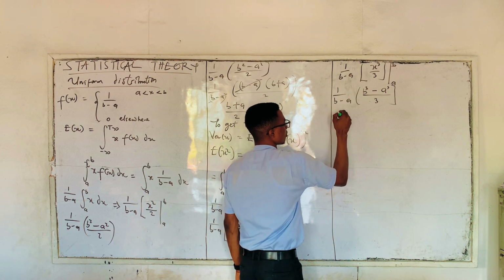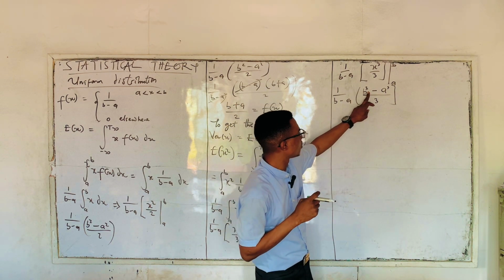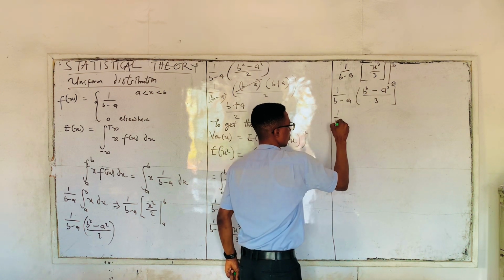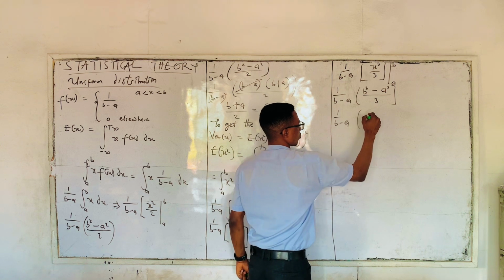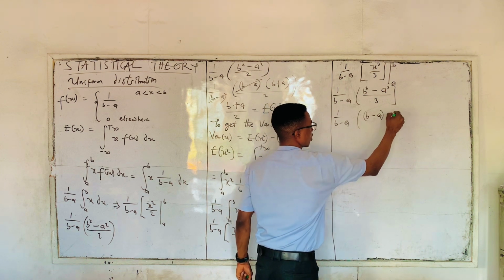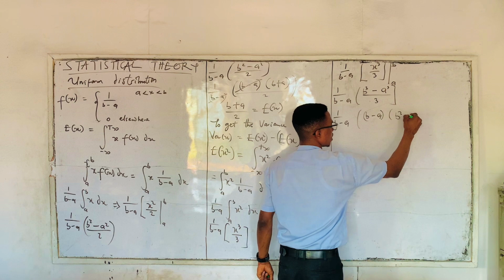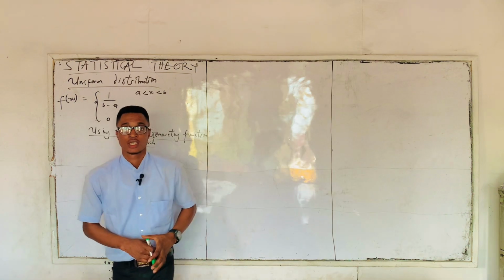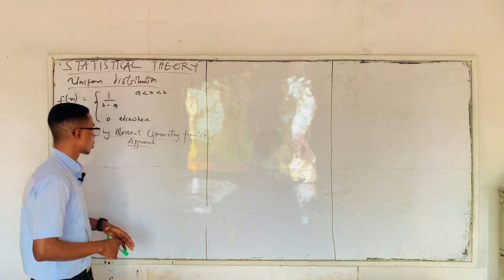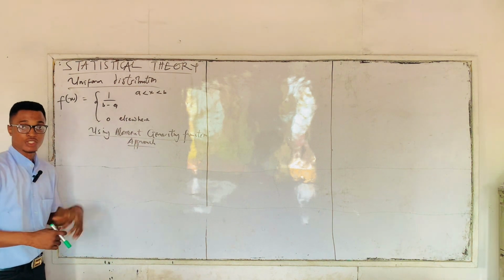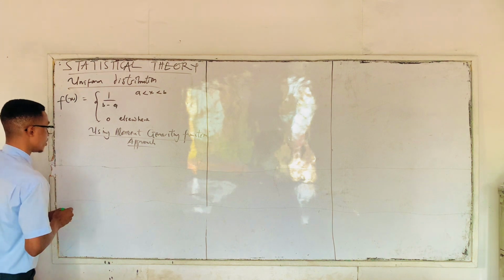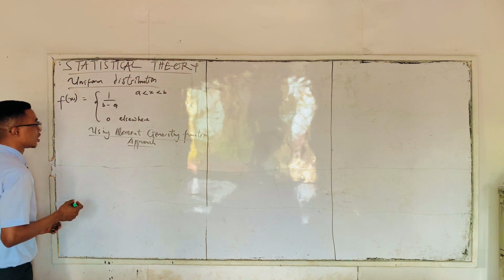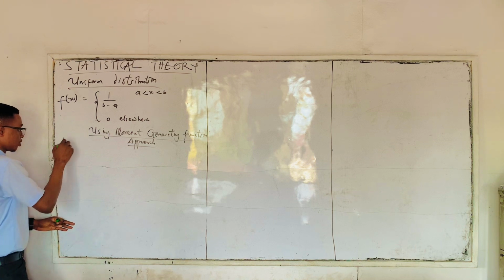Now we can also rewrite this b cube minus a cube as b minus a into bracket b squared minus b squared, using the moment generating function approach to prove the mean and variance of this distribution. And to get the mean of this distribution using the moment generating function approach, we have